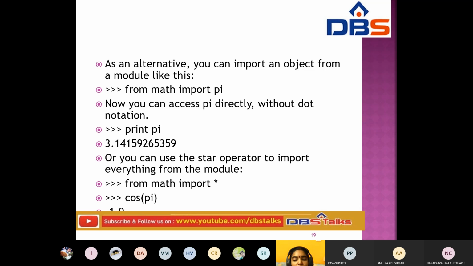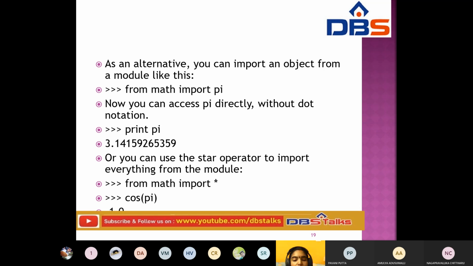Next, or we can use the star operator to import everything from the module. Like that, from math import star.